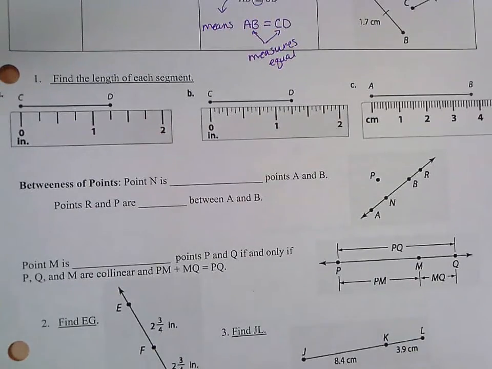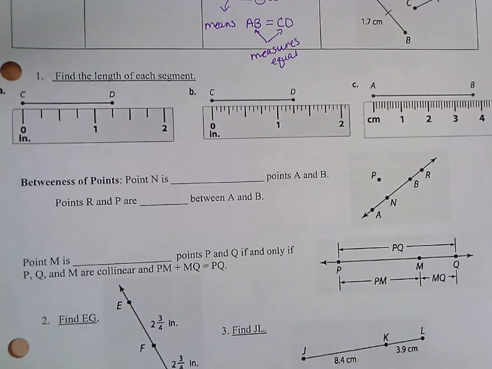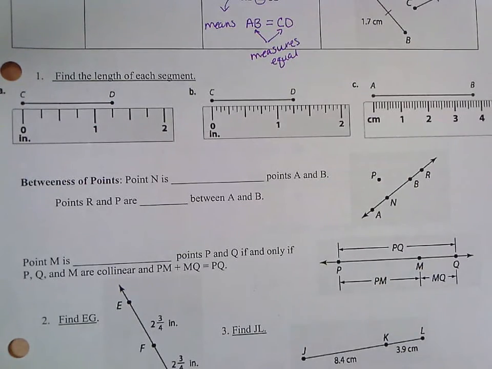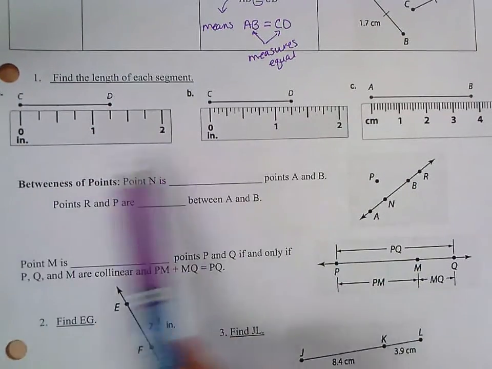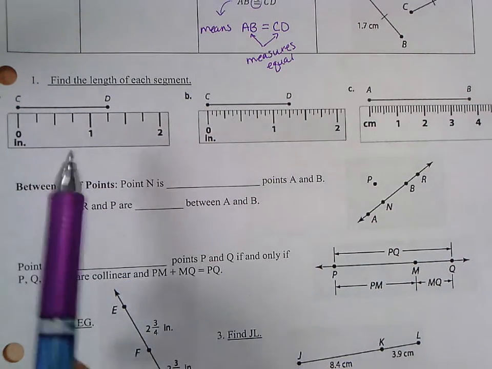So for example, number 1, A, B, and C here, it's just finding the length of each segment. So there's already some sort of measurement device, rulers, and however it's measured in these two, you want to pay attention to the units. This is in inches, this is in centimeters, and you're looking at that to say how long those segments are. Okay, so if we look at the first one, CD,